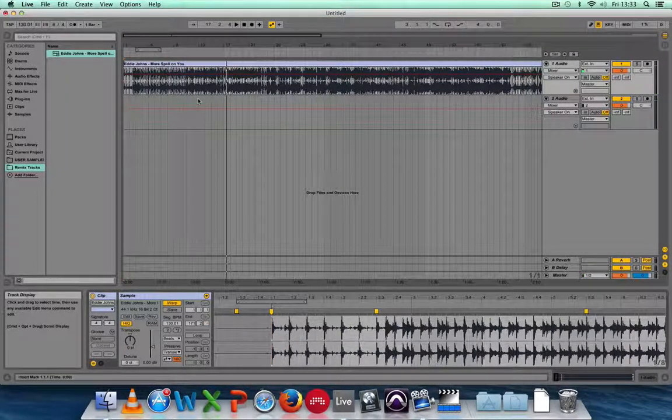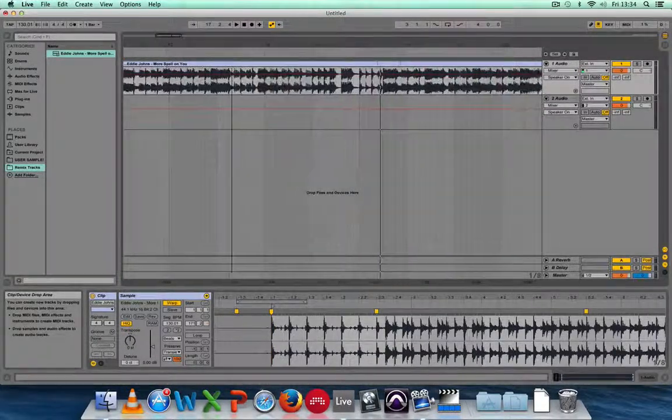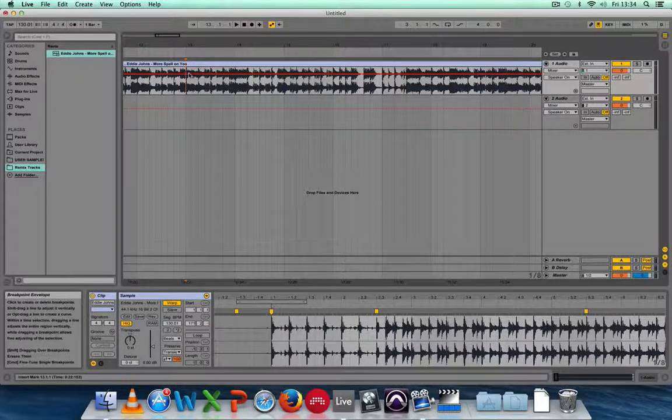Some of that starts to sound quite familiar if you're familiar with One More Time by Daft Punk. So we're going to start by building this up, and there's three main sections to this. The first one can be found on bar 13. So if I just zoom in on this and play from bar 13,